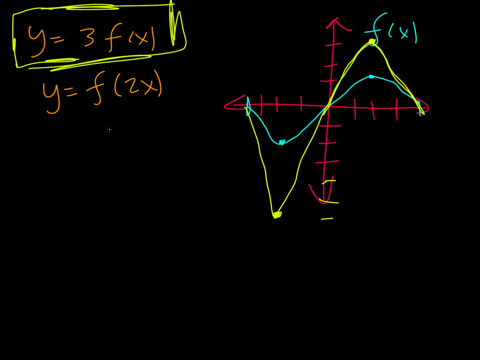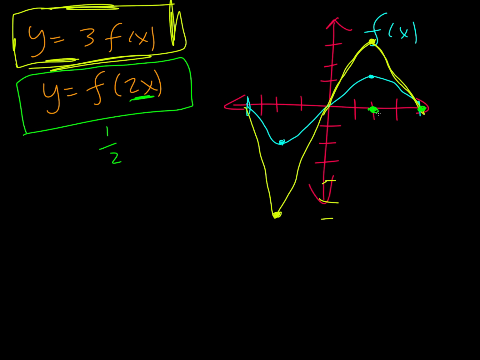Now I'm going to use green to show you this other one. Now, once again, being inside is counterintuitive. And so 2 seems like it would make it wider, but it's actually going to compress it. So we're going to think of it like a 1/2 because it's counterintuitive. We're not multiplying by 2, we're actually dividing by 2 when we look at the scale of it. And so since this is at 4, we divide it and we get to 2,